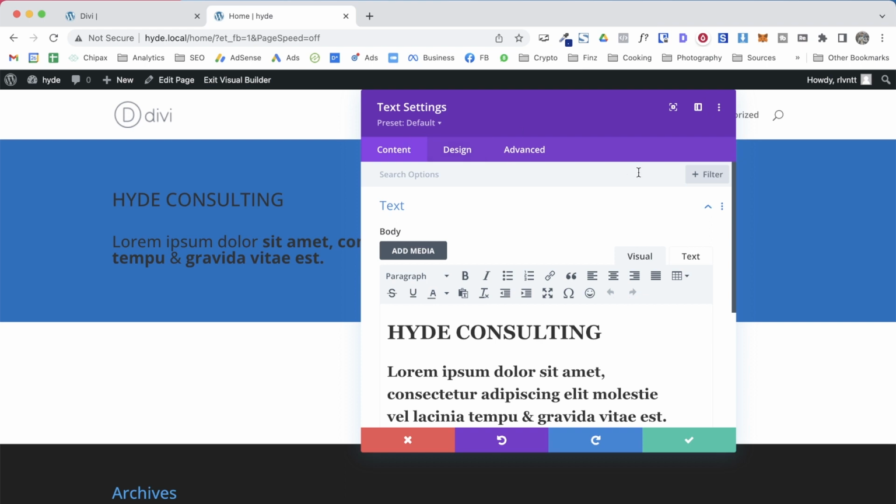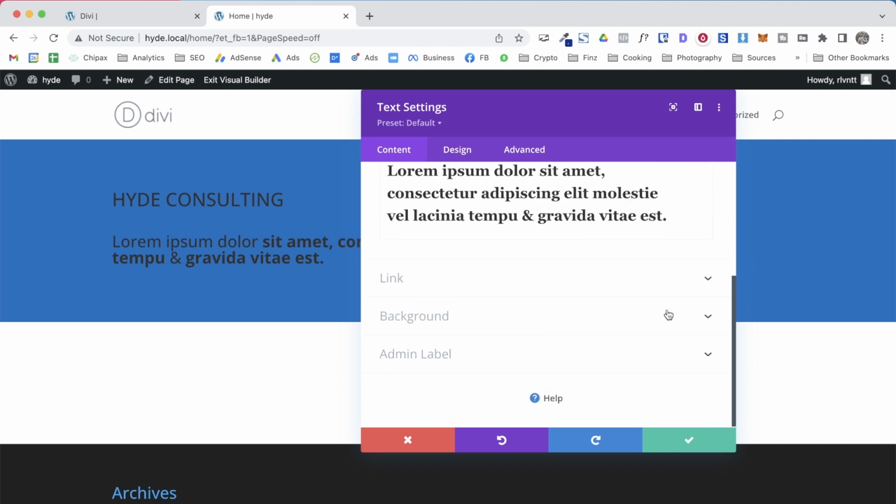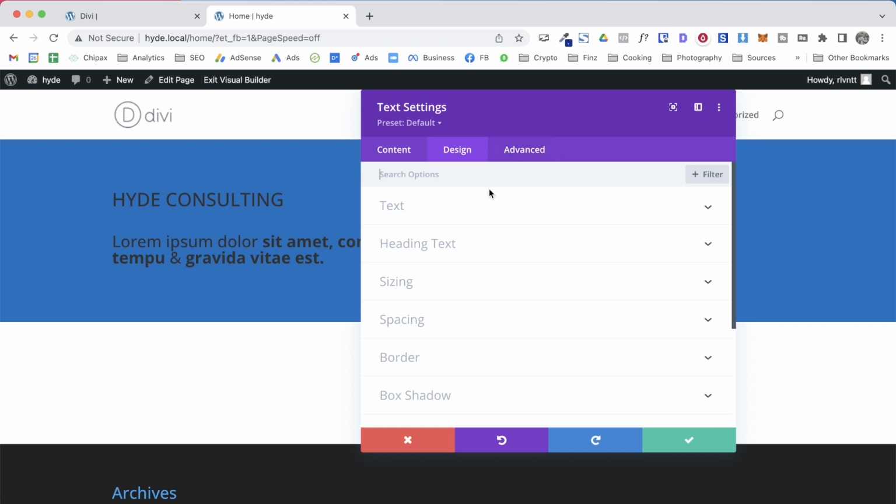Sometimes you can find different options under each tab. It always depends on the module you're working with. So in the case of the text modules, here you will find the text tab to add your text. You have this text editor here, and you can add a link, set a background for the module, and then in this tab you will change all the design: the colors, the sizes, the line heights, weight, and many other